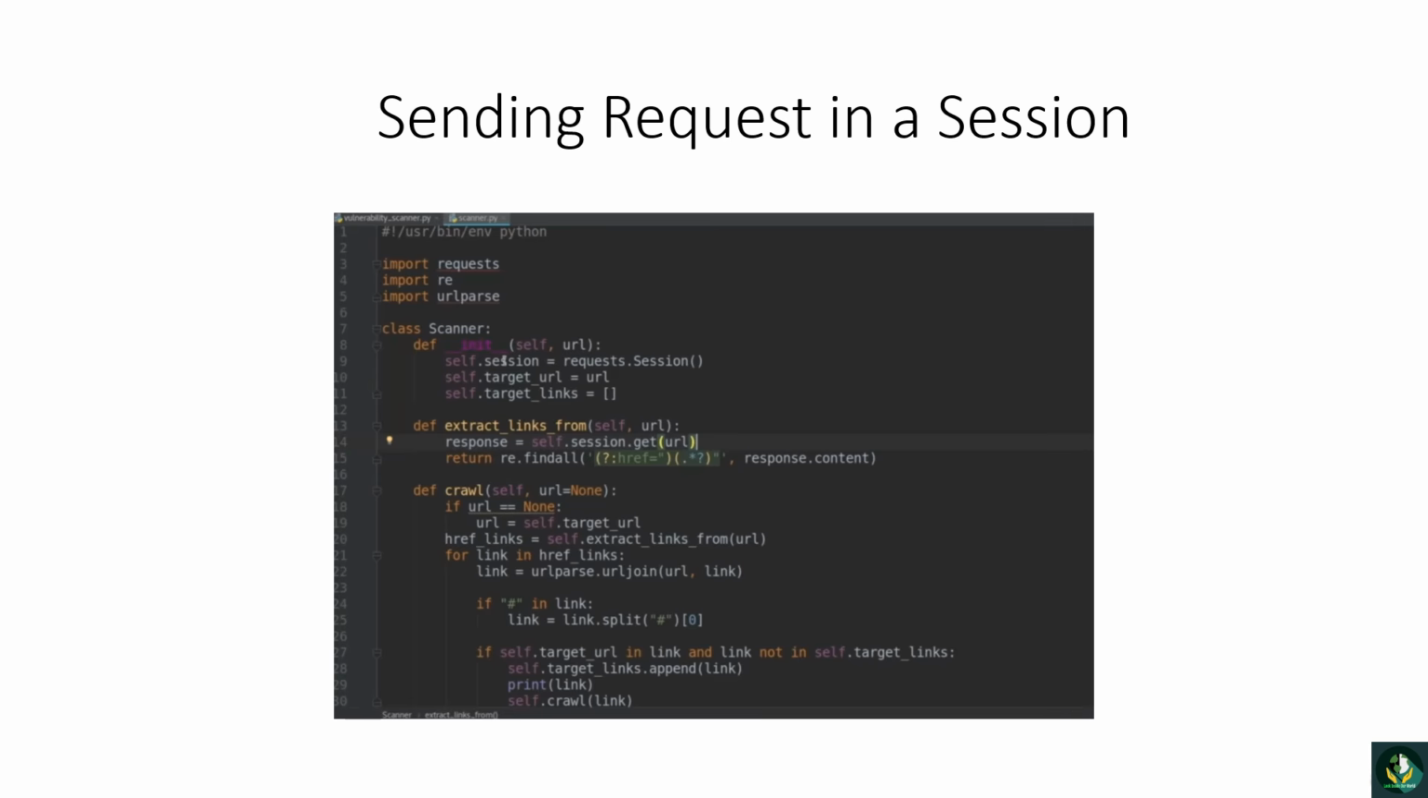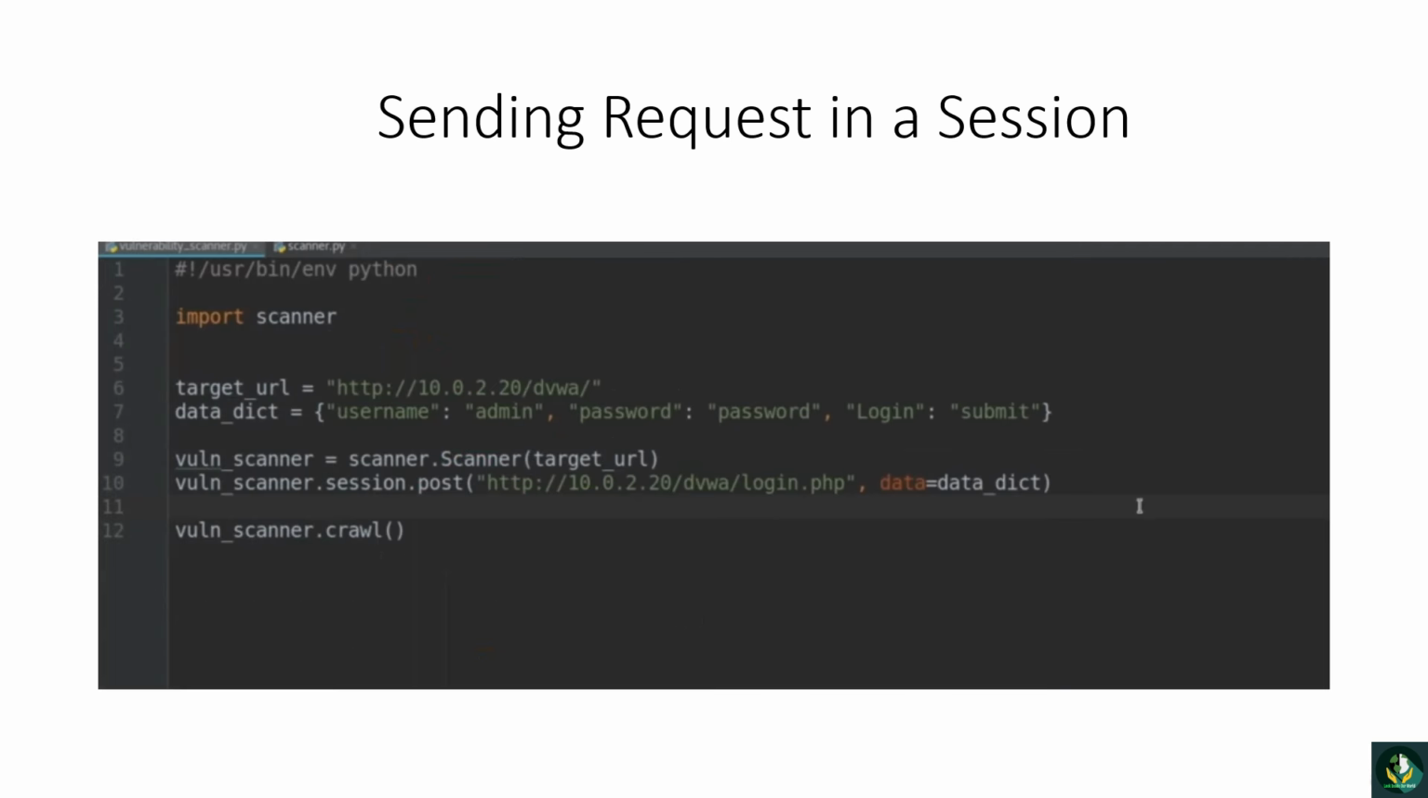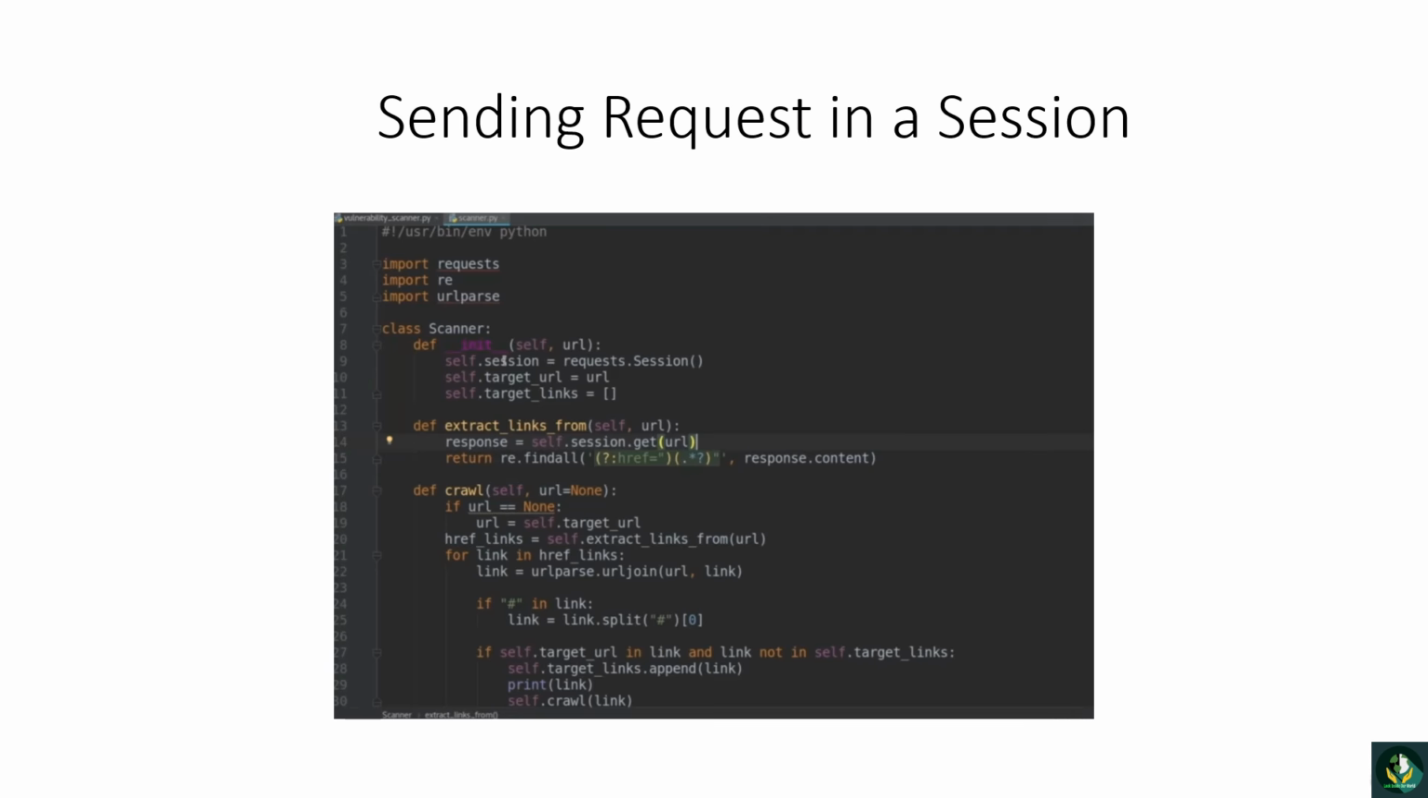And this is the code part. What I did in my scanner code is that as soon as we create this scanner object, I am going to create a session. So I am going to say self.session is equal to requests.session(). What we are doing is creating a session object which will represent our